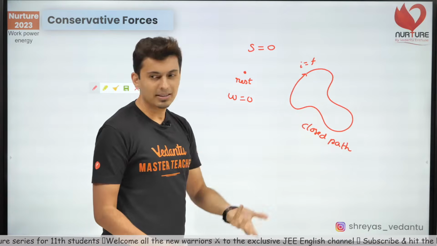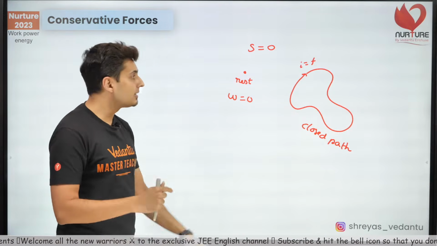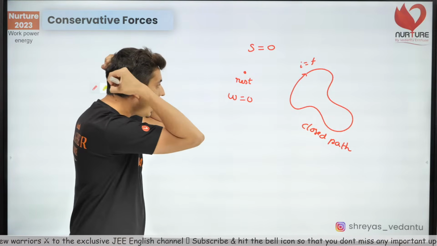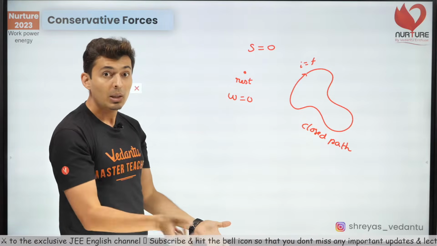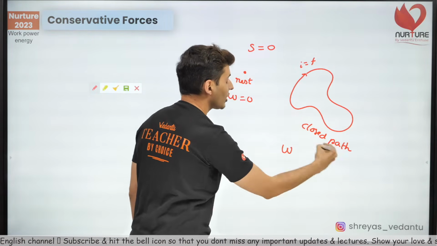The total displacement is zero. I hope this makes sense. Okay. Now the thing is, in the first case the work is zero. Why is work zero? Because displacement didn't happen. It was at rest. But in the second case, the work in this closed path